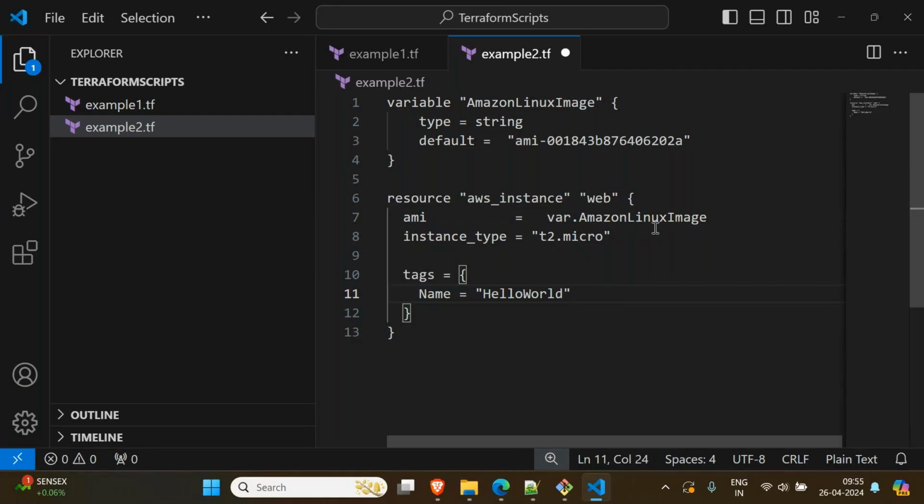Then Terraform understands, okay, it's a variable. Then it checks here, what is a variable? Okay, it is here. And what is the value? Okay, this is the value. Then this value will be automatically placed over here. And if any new DevOps engineer joined, by seeing it, he understands, okay, this instance is going to